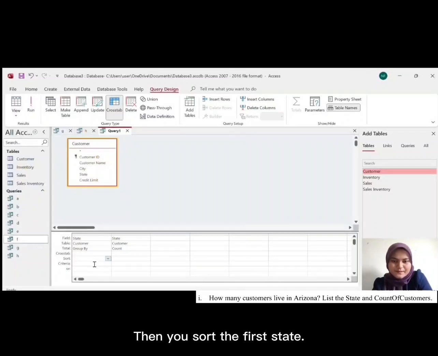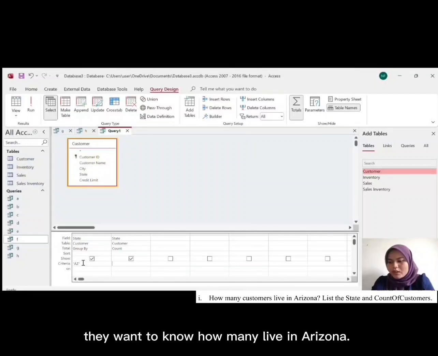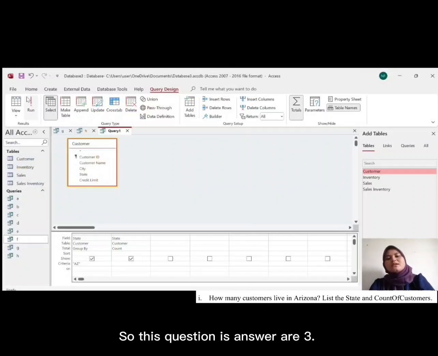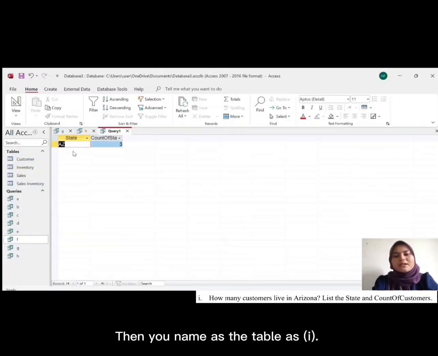Okay, the criteria is exact because they want to know how many live in Horizon. So the answer is 3. Okay, and then you name the table as I.